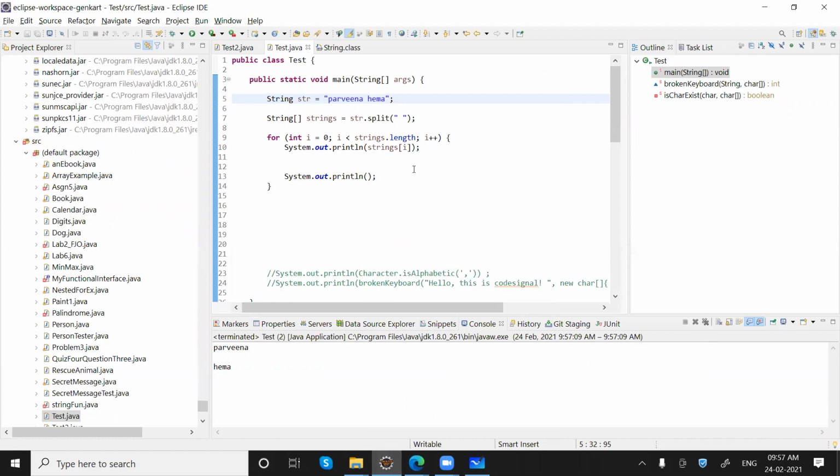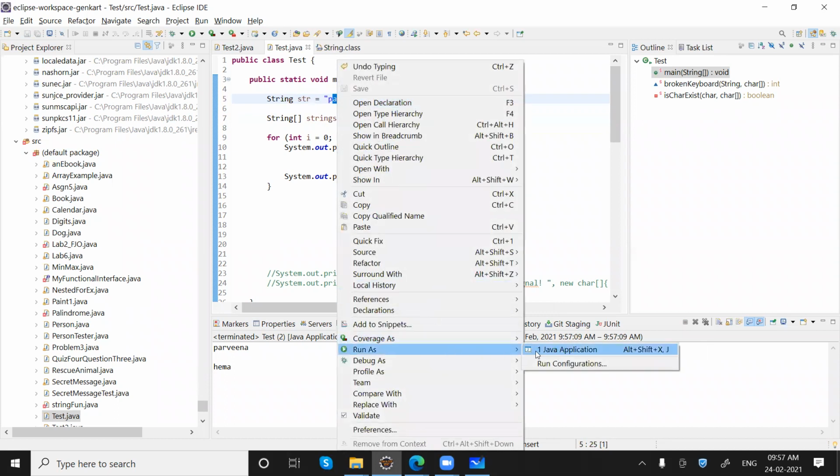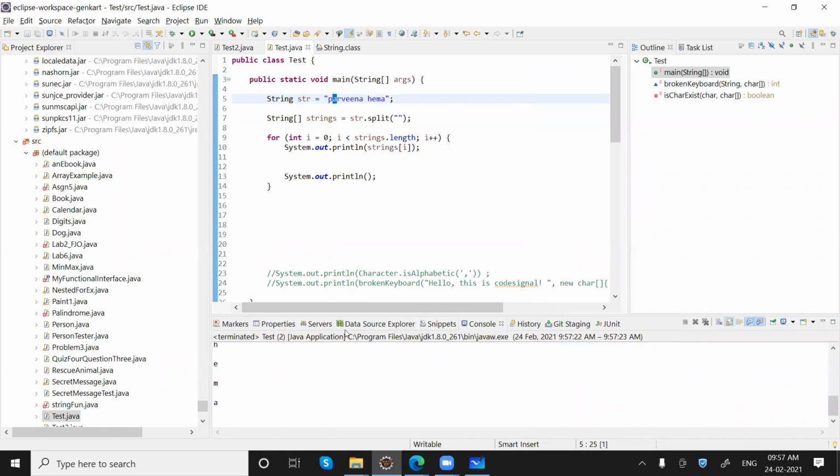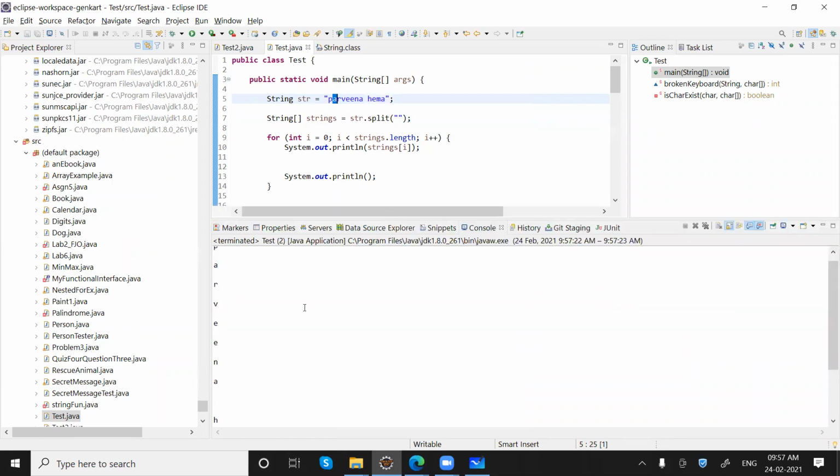Now, if we are not giving any space, every character will be treated as a separate string. And you can see, right, when we are not telling the regex, the regular expression, then every character will be treated as a separate string.